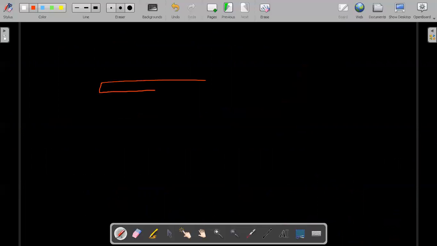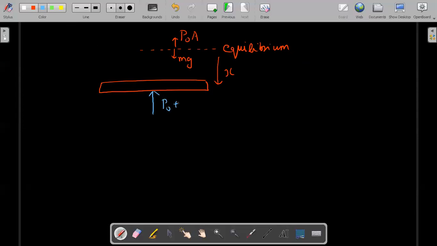Notice when this piston is a distance x below its initial level, where it was in the state of equilibrium, the weight mg of the piston was completely balanced by the pressure of gas multiplied by the area. These two forces were balanced. But after that, the force from the gas side will be P naught plus the increased pressure delta P multiplied by area. The piston will have its weight mg, and that elongated spring will exert a force of kx.